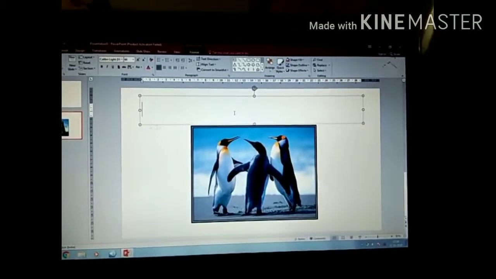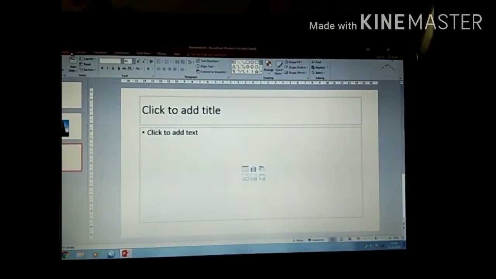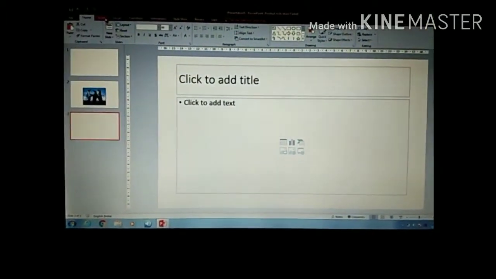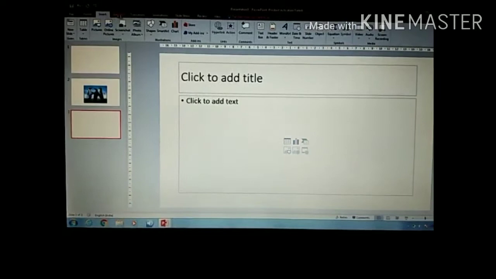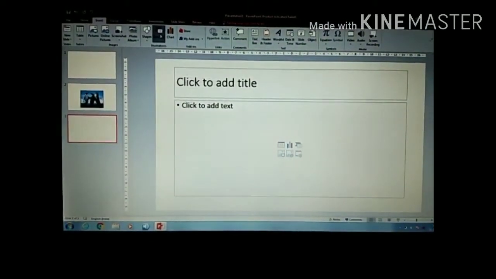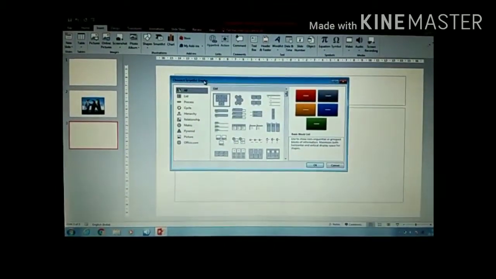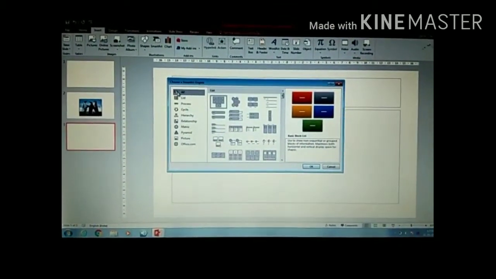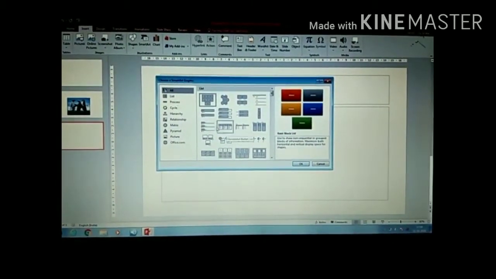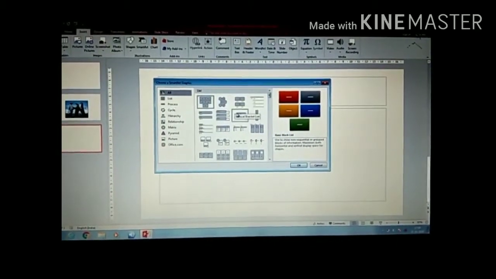After that, our next practical is how to add a smart art. For that, go to the insert tab. In the illustrations group, click on the smart art option. So you will get a choose a smart art graphics dialog box. Here you can see the list of all the smart art given. Whatever smart art pattern you want, you can choose from here.